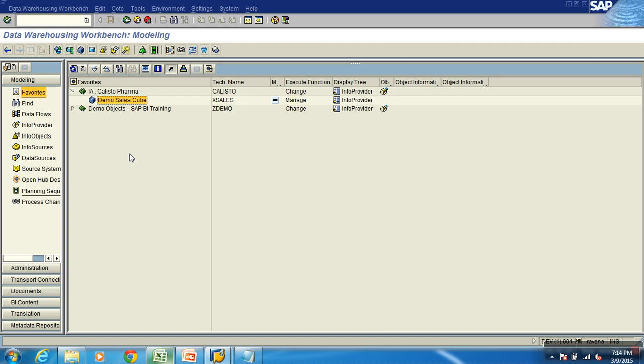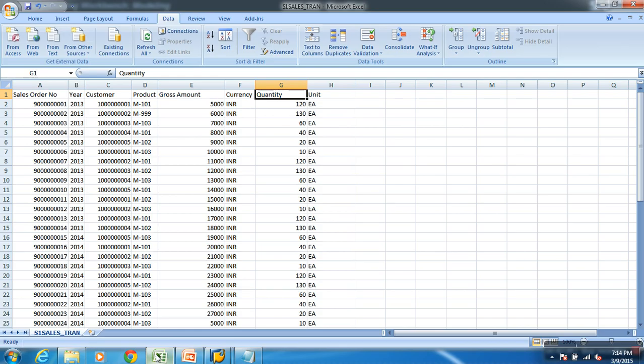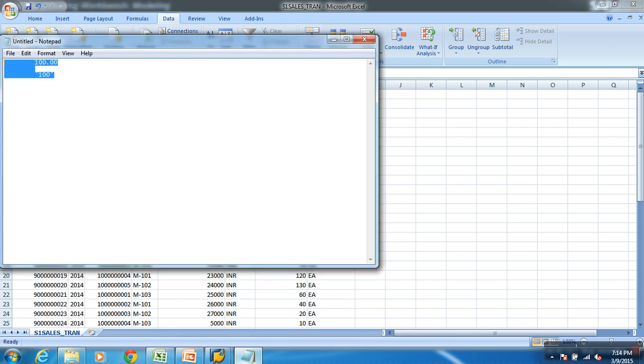Okay. So to do this, I'd be using some steps, like I'll be using some components like data source. We'll learn. So before that, I'll be using something called source system. See, there is a gap between source and system, like normal English. What do you mean by source system?